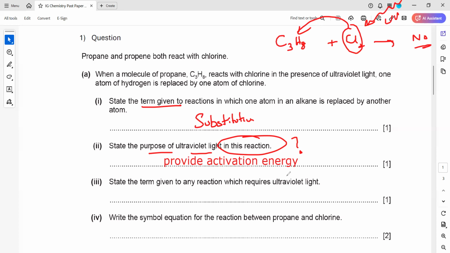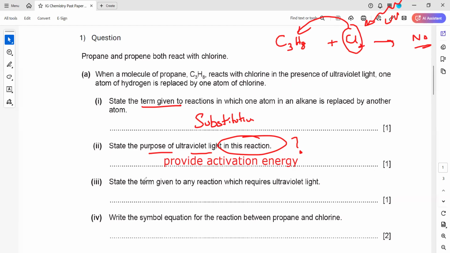Yes, you can also say break the bond of a chlorine. You can also say what you said. Provide energy is also fine. Provide energy for a reaction to start. But the best is to explain your answer. So you can say provide energy to start up a reaction. Provide heat, light, they are all forms of energies. So provide energy to start up a reaction, provide energy to initiate a reaction, or provide enough energy as an